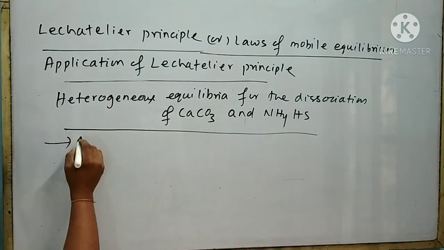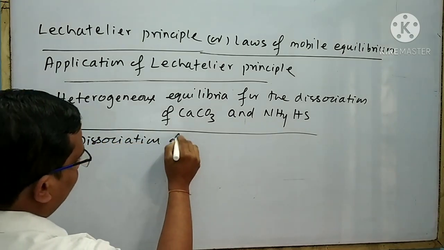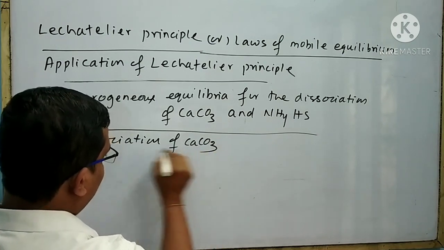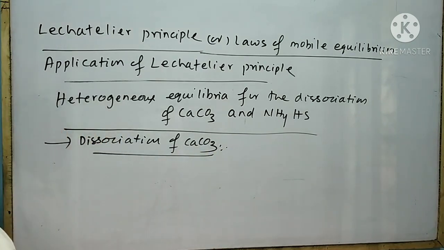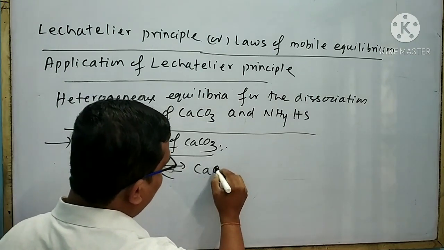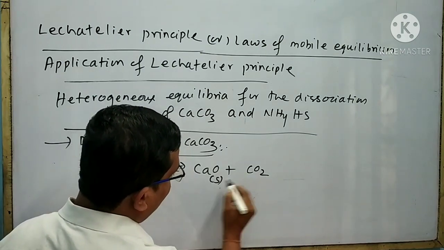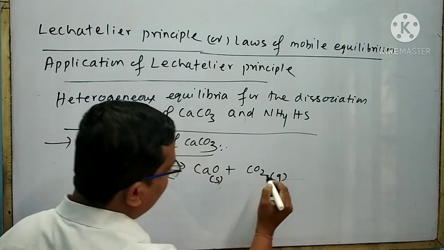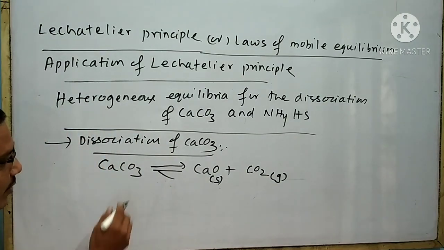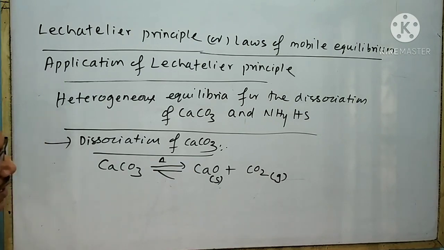At first, I will discuss the dissociation of calcium carbonate. When calcium carbonate undergoes dissociation, it gives calcium oxide and carbon dioxide. This is present in solid form. This is present in gaseous form. Again I will repeat, when calcium carbonate undergoes dissociation by heating, then calcium oxide and carbon dioxide